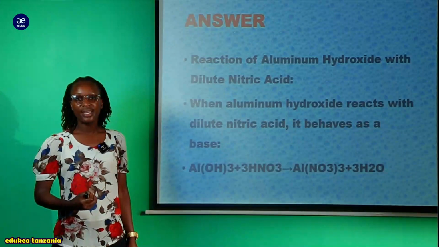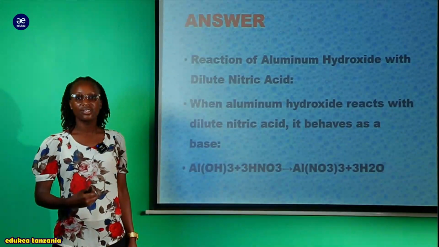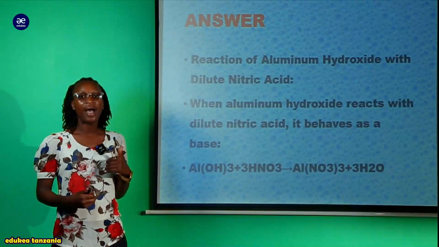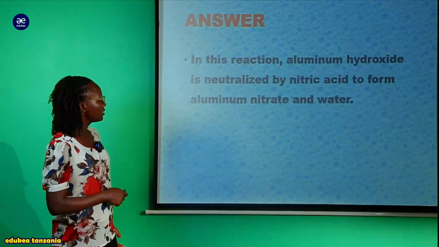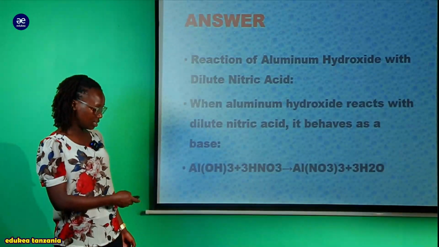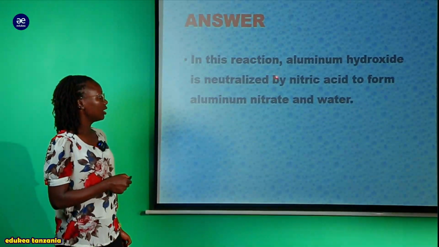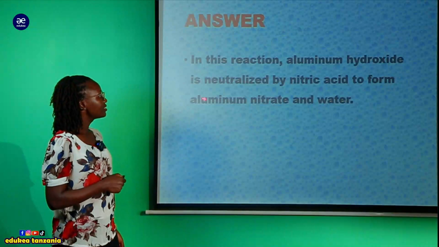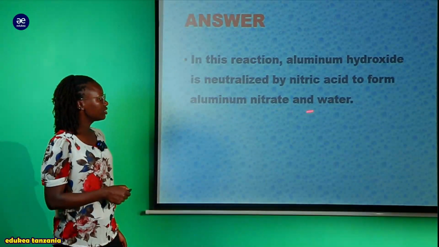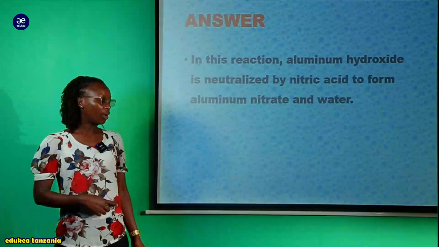Lakini tutaenda kuona tena endapo atareact na excess sodium hydroxide, hataact kama base tena, ataact kama acid. So here you can see that kwenye hii reaction ya aluminium hydroxide and nitric acid tunasema kwamba in this reaction aluminium hydroxide is neutralized by nitric acid to form aluminium nitrate and water,